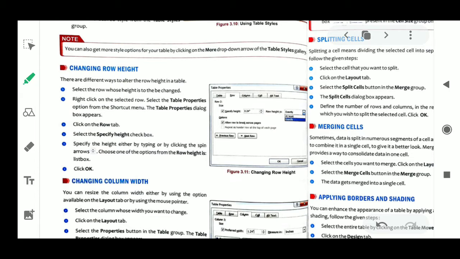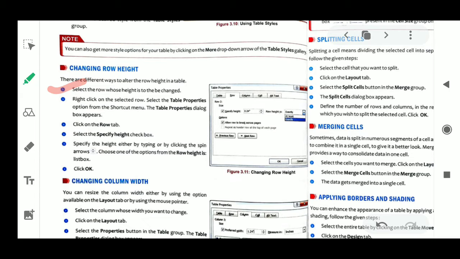First of all, we have to select the particular row whose height is to be changed. The first step: select the row. Then right click on the selected row, and you will see the option Table Properties.